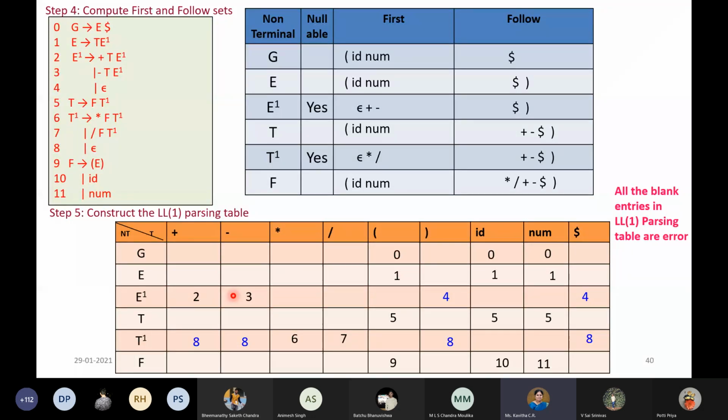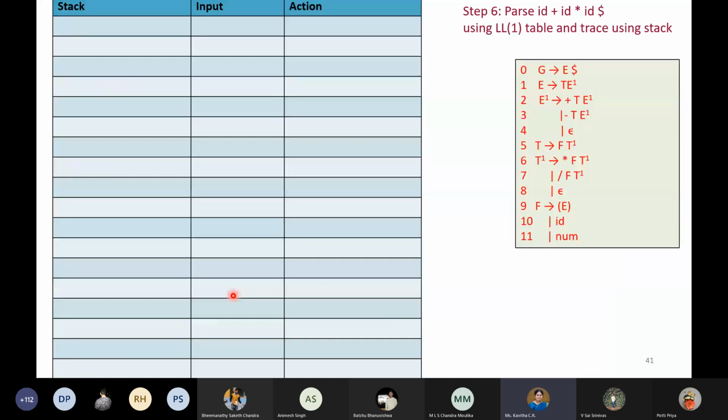So let us parse this and see using the stack. For parsing, we will be using it like this. Let us have 3 columns where it will track the contents of the stack, and then we will also have the input in our input buffer, and then we are also going to track the action part, meaning what action we are going to take whenever we encounter something.